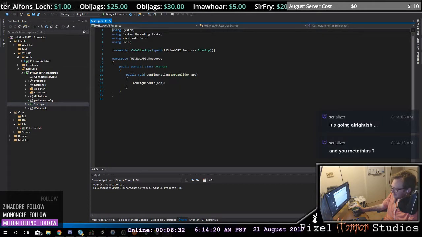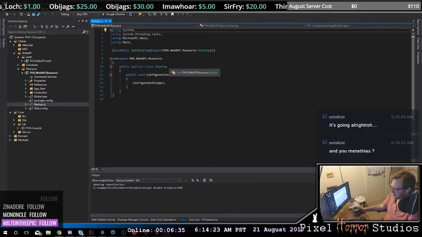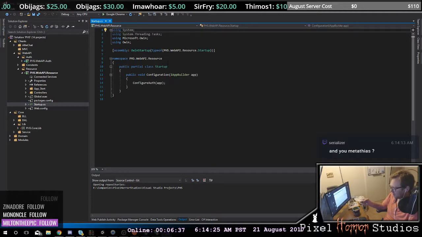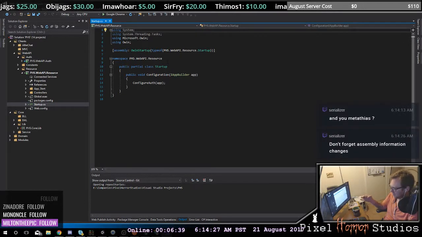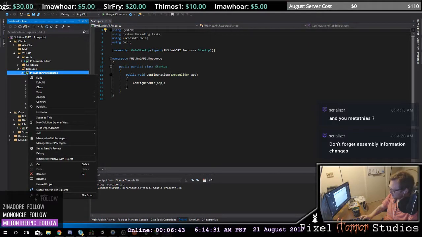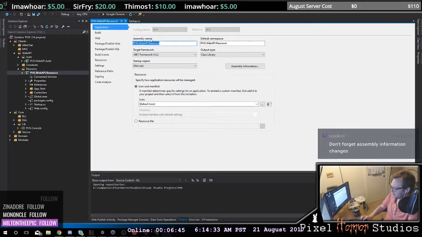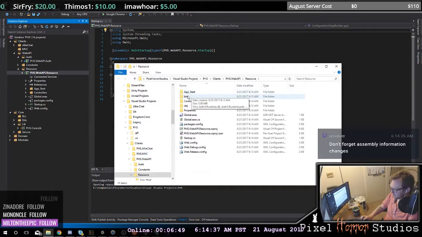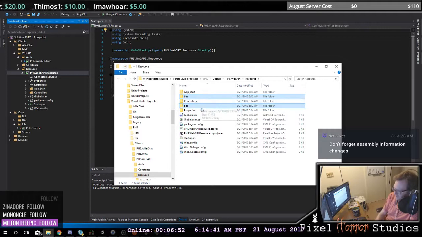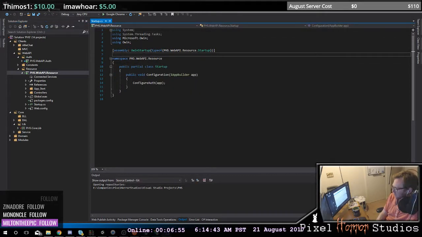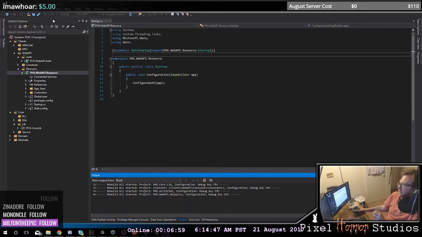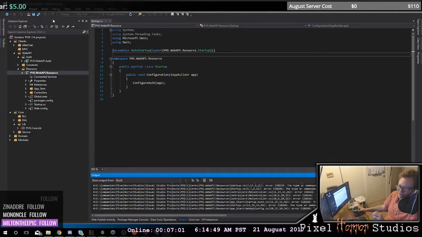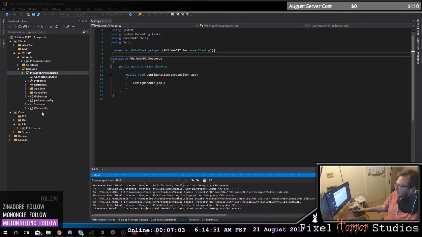All right. So here it is with the correct assembly name, the correct namespace. We've changed the name of the, we have to delete 2 of these pieces in here, right? Where's my open folder? Okay, we have to go in and delete my bin and my obj. We probably have to reload some assemblies on this thing. Don't forget assembly information changes, says Serializer. I did, I got that. And then also I deleted the bin and the,